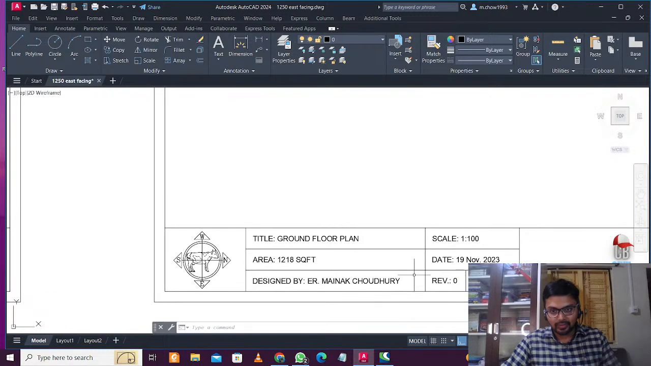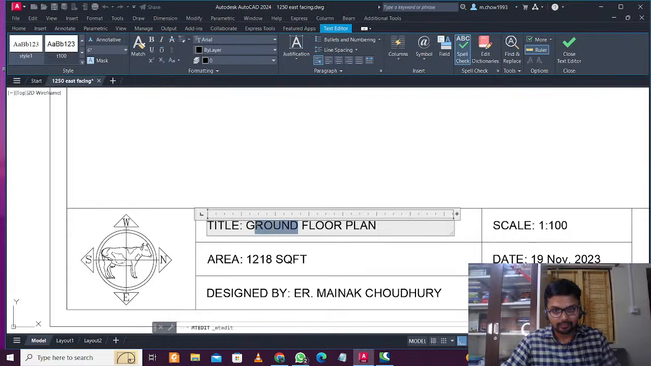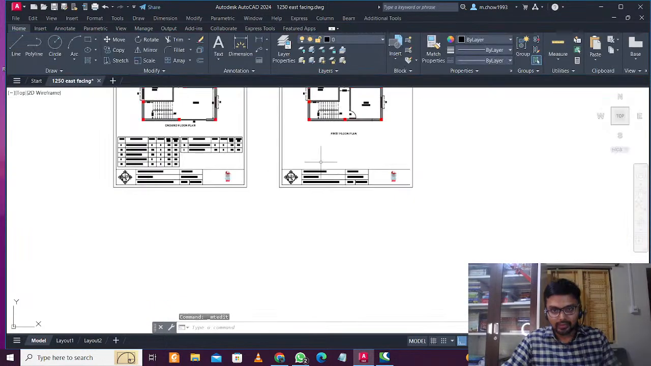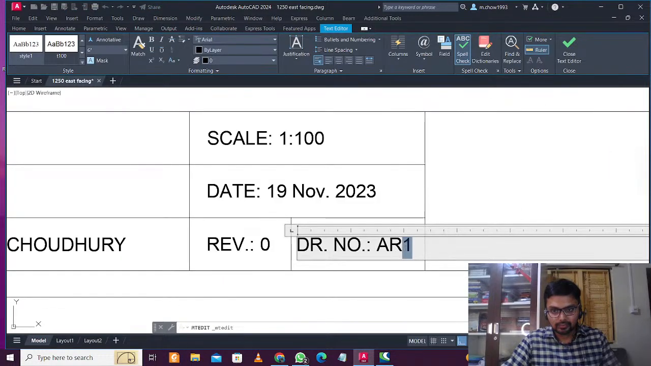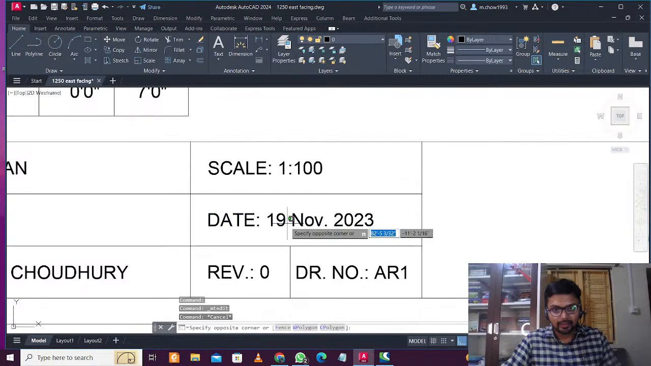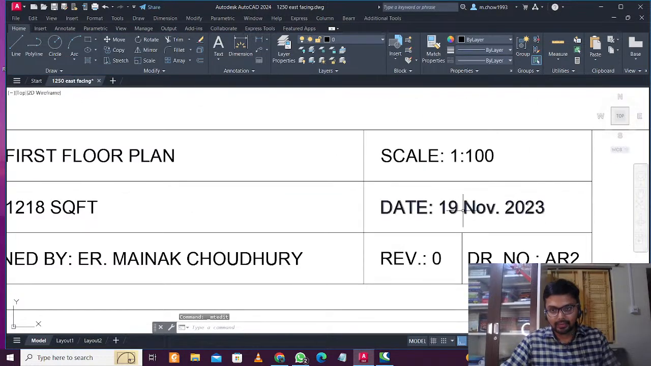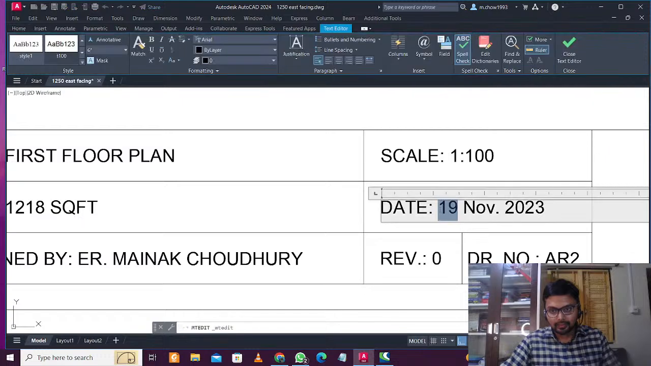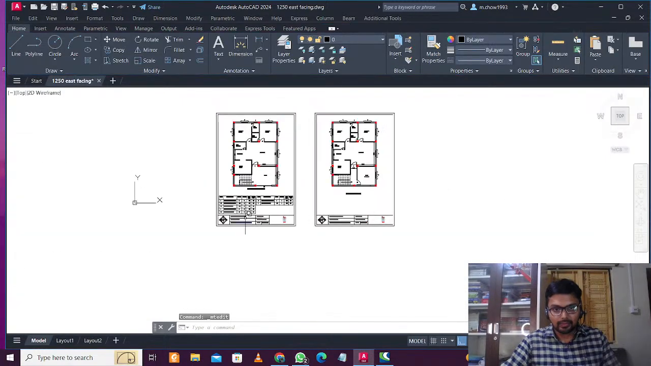First of all, let's adjust the title box. So this is the first floor plan, and let's make this AR2. And okay, date, let's give the same date here. Today is 23rd November 2023, and this is 23rd November 2023. So we'll just press Ctrl plus P,